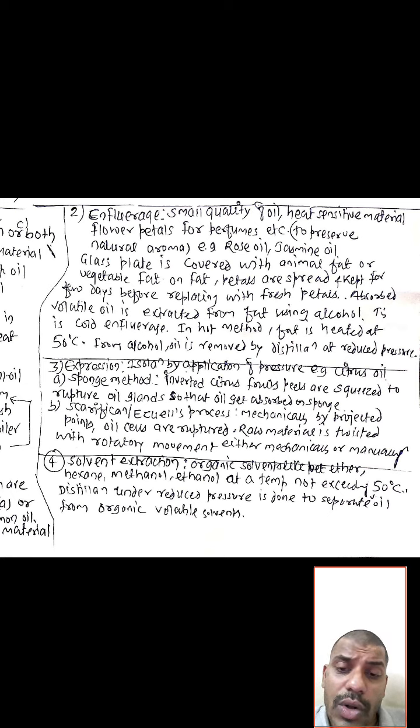So all the oil coming will be absorbed on the sponge. Then from sponge we will further remove the oil. This is the method which we use for removing the oil from the hard surface